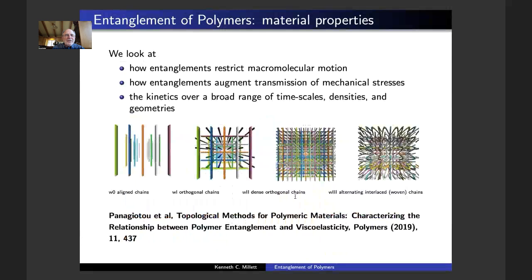On the left, you see a line chain, like these spaghetti things. But then in the second one over, you have them going in ways which are parallel to the X, Y, and Z axes, so they're sort of like a jungle gym. And then the third one is a more dense version of that. And then the final one, way to the right, is where we've woven them along the lines of the picture I just showed you above, where you've taken a basket and wove them in and out